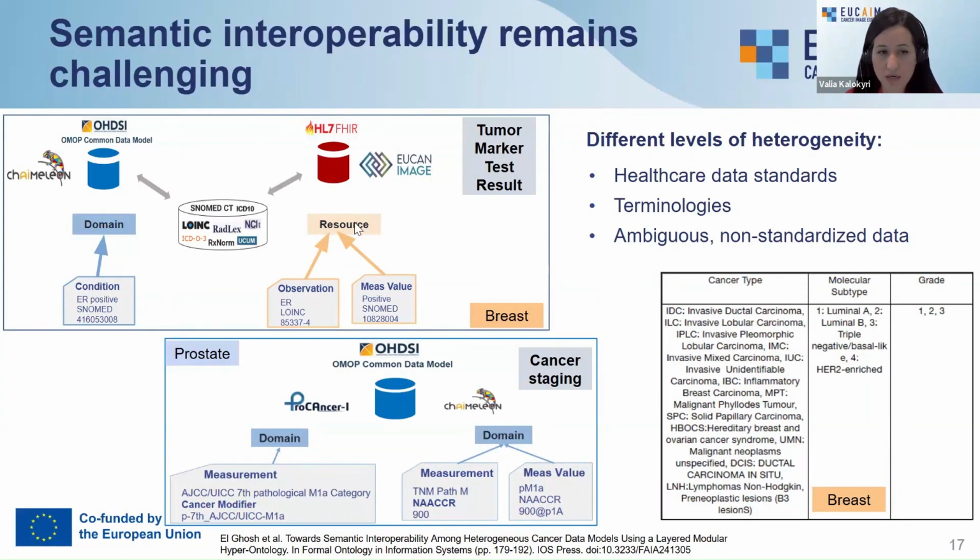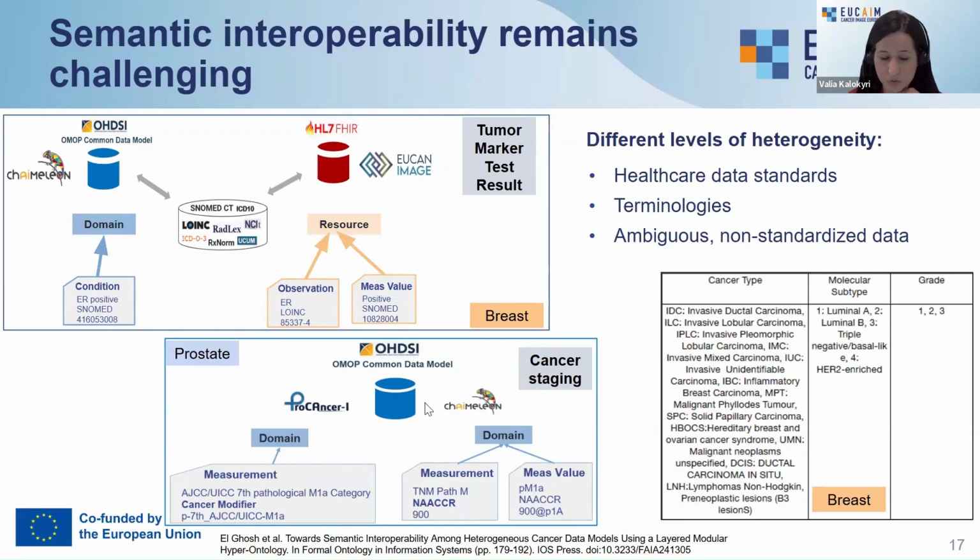On the other hand, on the FHIR, we do not have a single atomic concept as on OMOP. We have an attribute value pair where we have an observation. The estrogen receptor is an observation using a LOINC code. And the value was as a measurement value by using the SNOMED. So here in this scenario, we see both a semantic heterogeneity, but also a structural. Now, regarding the syntactic, sorry, the other example of the prostate, we can see an issue even within the same